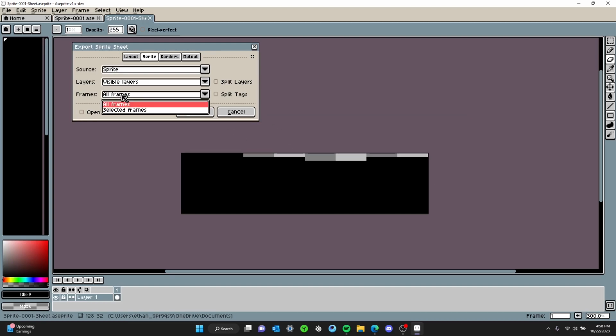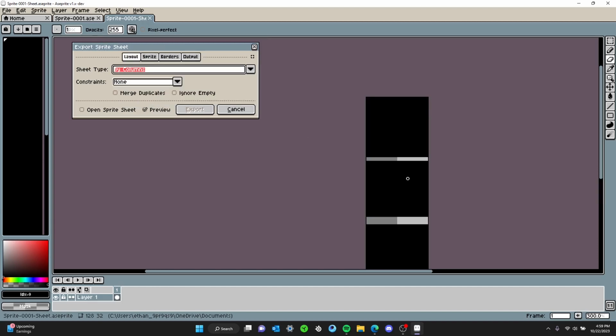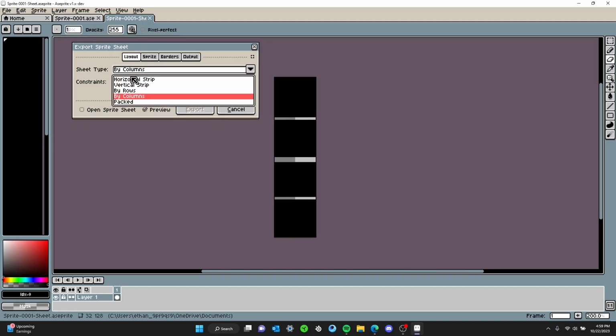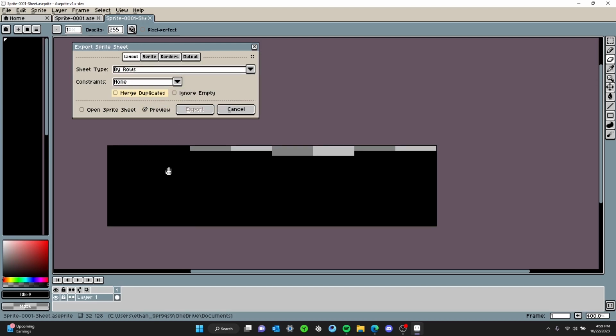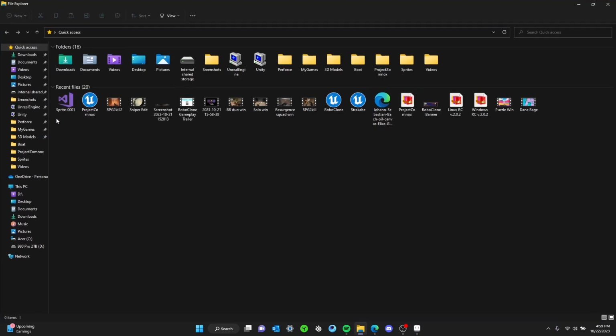Then you can say frames. You want all the frames to be as one image. Layers. You want all the visible layers that we can see. The source is a sprite. Now the layout we can do by row or by columns, like this. I prefer rows. You can do vertical strips and a bunch of other stuff, but I just keep the rows. Now, that should be it. You have to say open sprite sheet, and then you say export, and now it exported it in the location